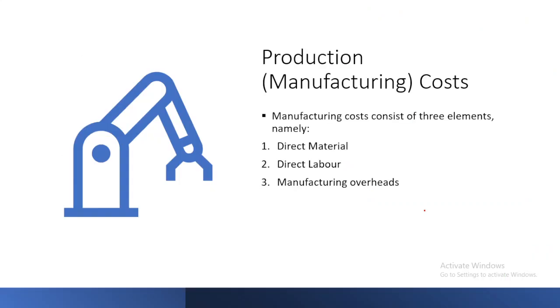So here it says that the production manufacturing cost is mainly focused on three elements, which are the direct material, direct labor, and manufacturing overhead, which I just showed you in the previous example. So you're going to have to determine all the costs that are associated with manufacturing a single product. If you are not able to do so, and you manage to produce 10,000 units,